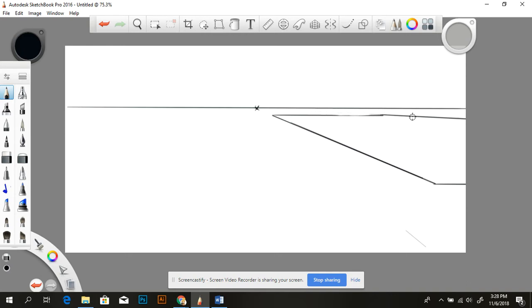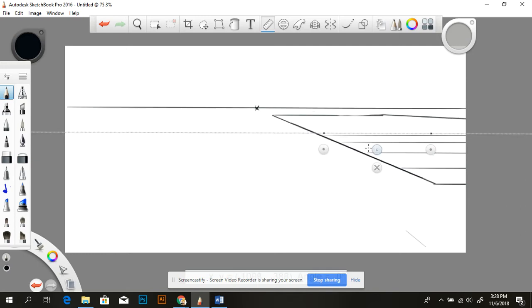Erase the extra. So it's kind of like the top of a building, right? You got your horizontal and then your lines going towards the vanishing point. For this one, the yard lines are going to be horizontal lines. So I just go through, try to keep them equal distance apart. I'm going to throw my yard lines on there. Now, clearly, I'm not going to have all of them for this one. But what's going to make it look definitely more like a football field and less like a tobacco field